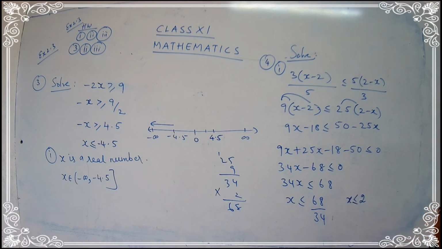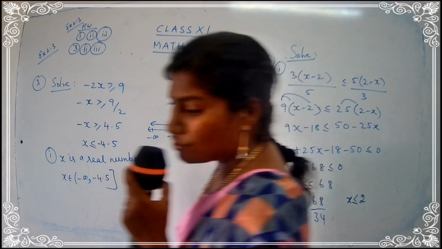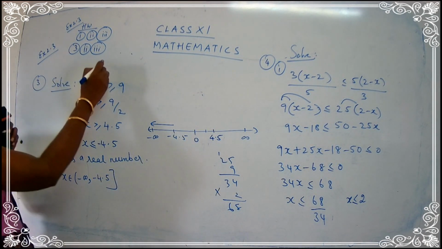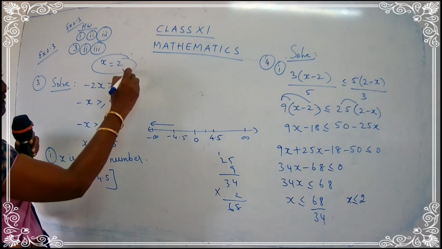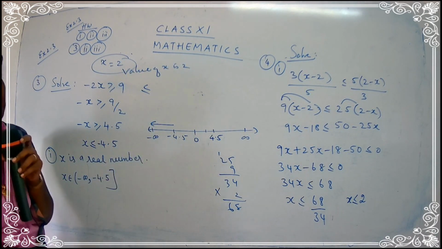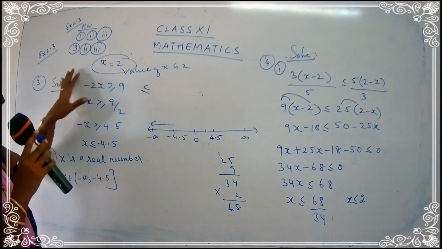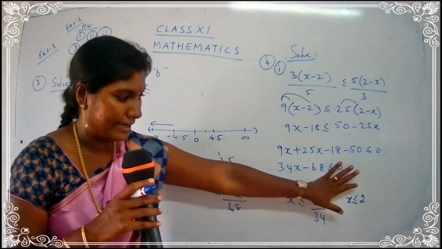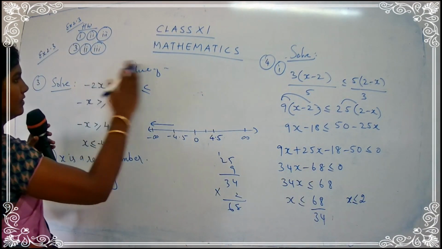So we got the value for x. So what was the question? The question was to solve, yes? Solve the values, that is solve. So we are going to find out the condition. So we have found the inequality, that is x. We cannot say it is the value for x, children, okay? Just remember, value for x means x is equal to 2. If you get x is equal to 2 means you say, okay, the value for x is 2. But here we have less than or equal to, we have greater than equal to, less than, greater than. So you say inequality. What is the sign called? Inequality sign. So x is less than or equal to 2.